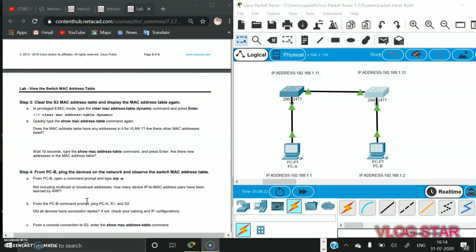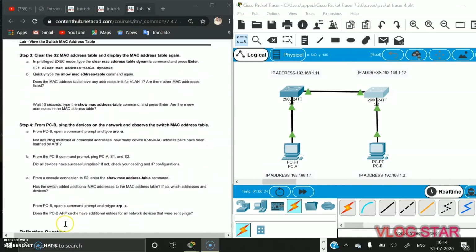Okay, step 3. In step 3 we have to clear all the MAC addresses that we have observed, and now again we have to show the MAC address table.